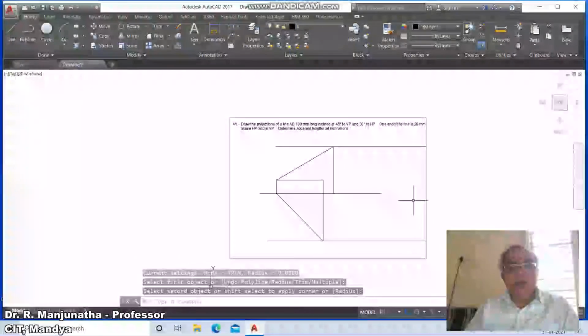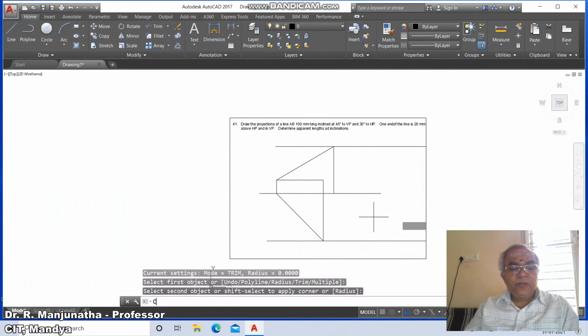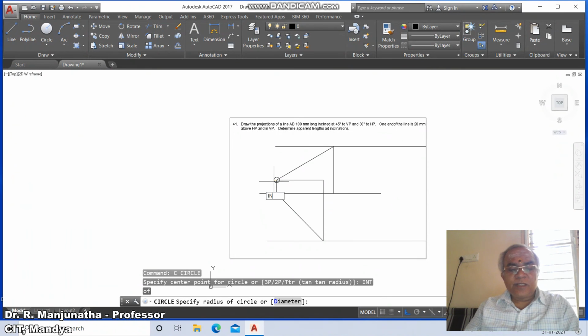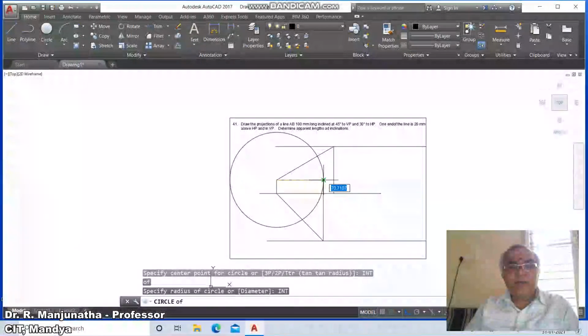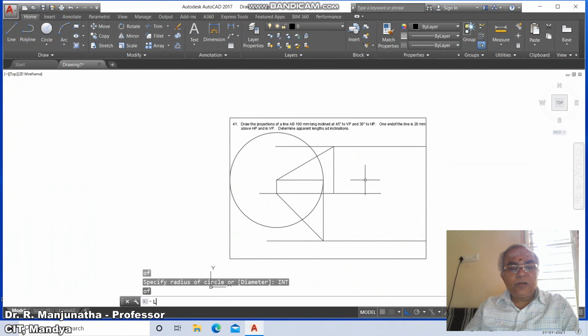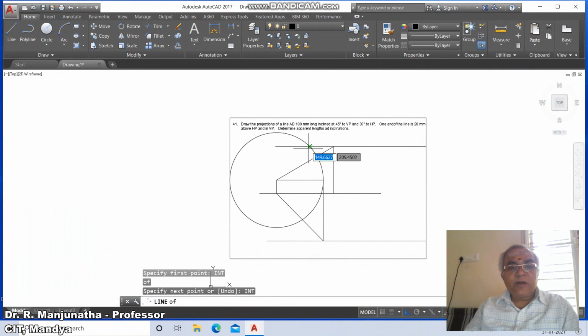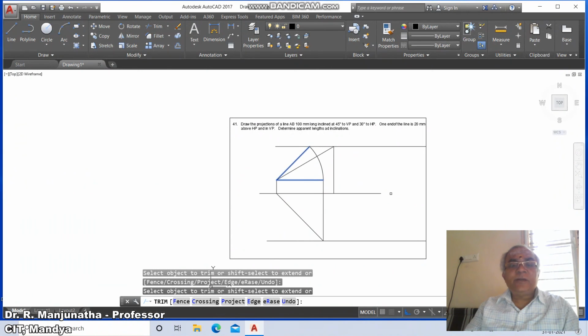Once you get this, now we will draw the front view and top view. So go to circle, take intersection point of this to intersection point of this. So INT of this. Then you draw a line from INT, you type INT and enter. You take this line from here to the intersection point of this, INT of this. So once you get this, then go to trim between this line and this line. The object to trim is this, you remove it.